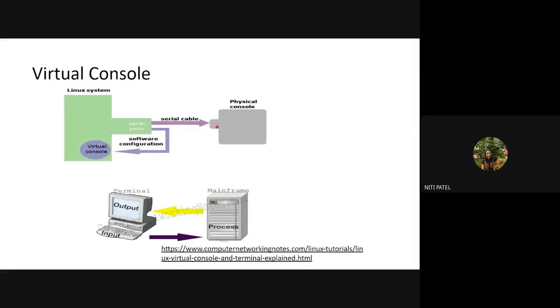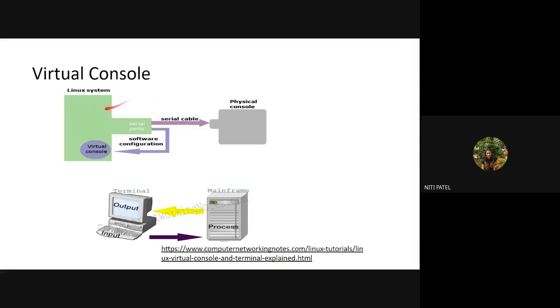So the data can be transmitted through a cable from this machine to this machine, as well as through the network. The choice depends upon the user. Now I have a serial port here, and I have a serial port here. To both these serial ports, a serial cable is connected.